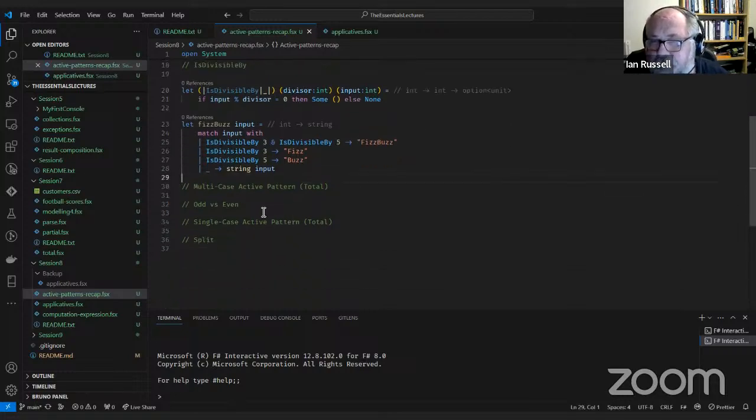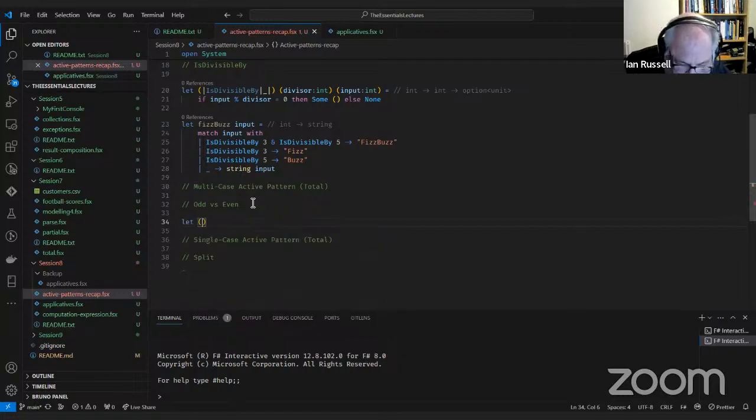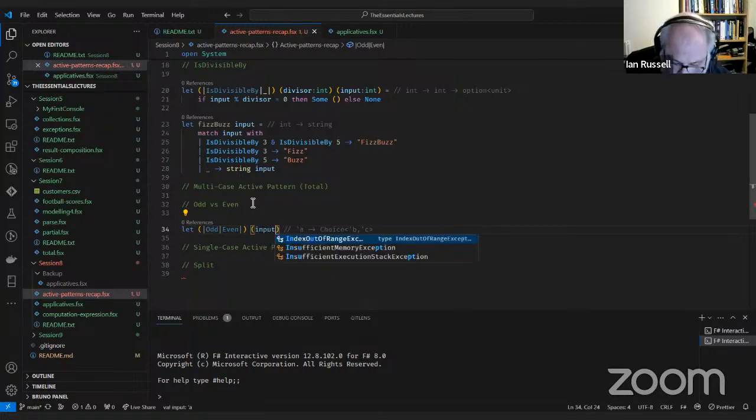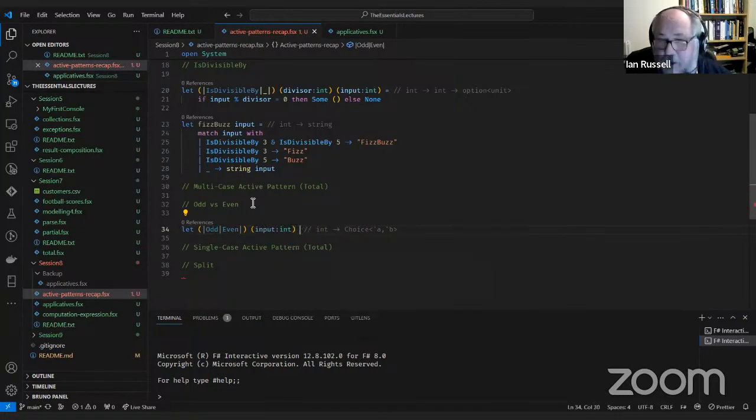Next we move on to what they call total patterns. In this case, we're going to look at a multi-case active pattern. The input has to match every single input has to be covered successfully. So if we cover odd and even, so if I pass in an int,